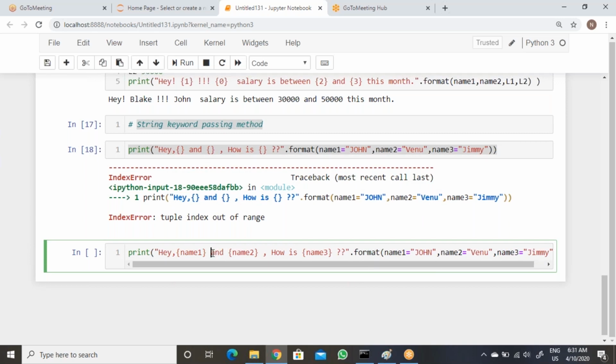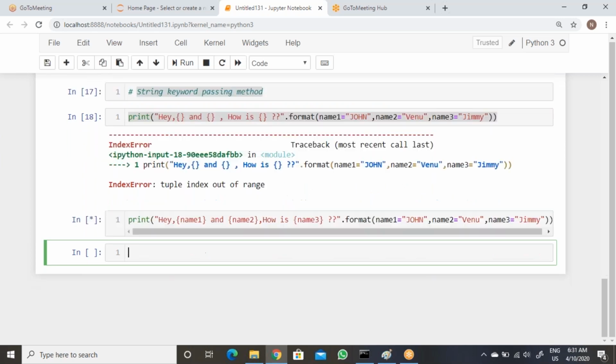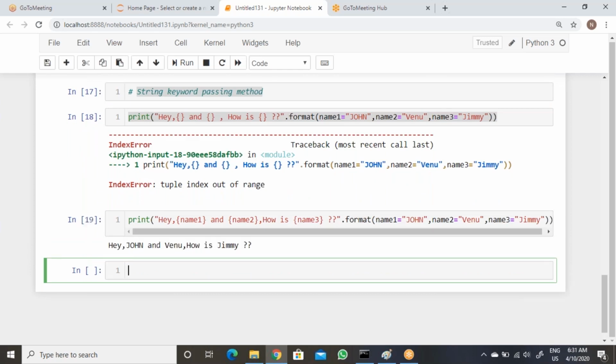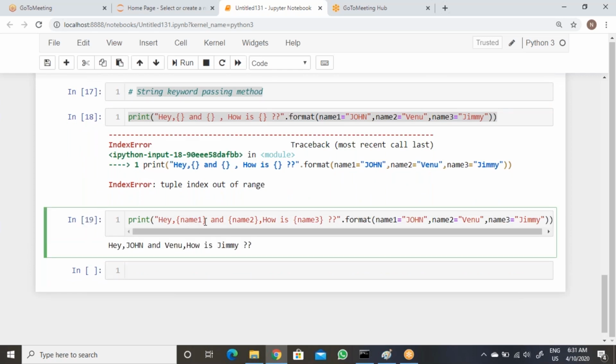Okay. So now what you need to do is you can pass it like name 1, name 2, then you can say name 3, name 3 here. So now execute here, 1 second.